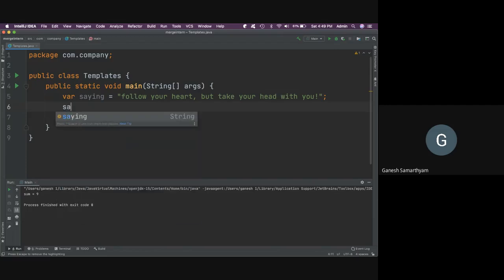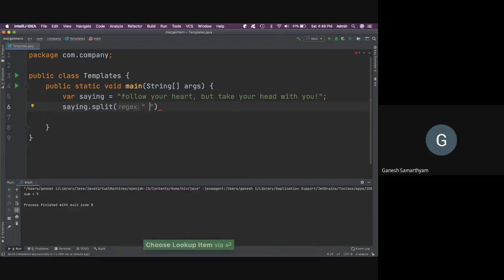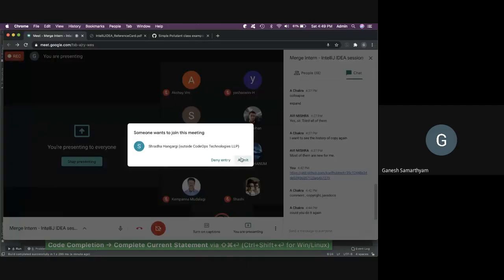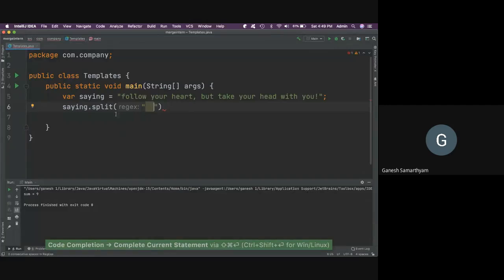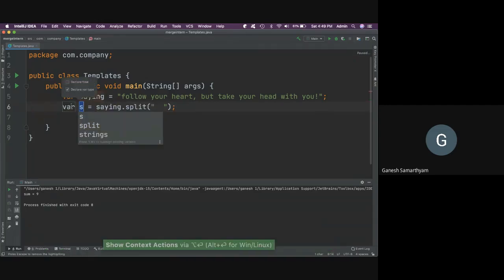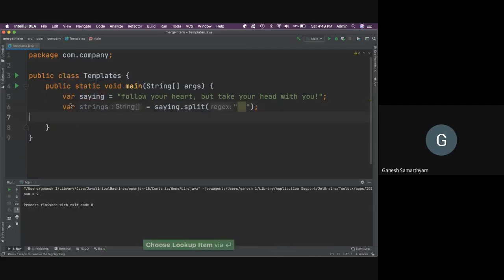So saying dot split. Split it by white space. So split it and then create a local variable which will be strings. Now, how do I traverse strings?